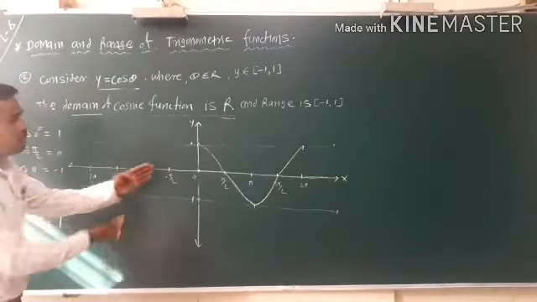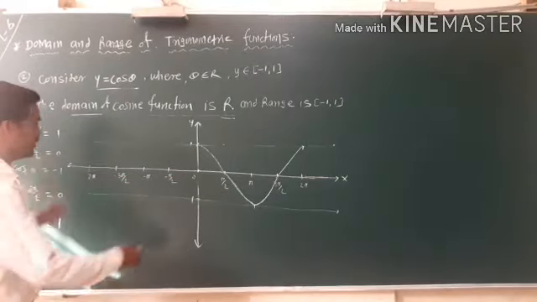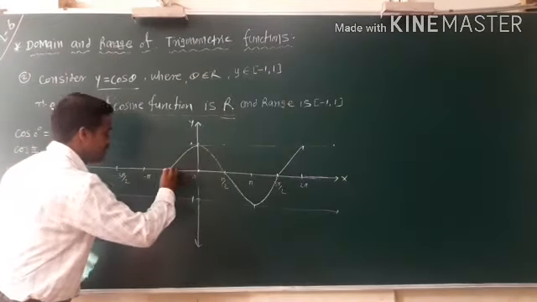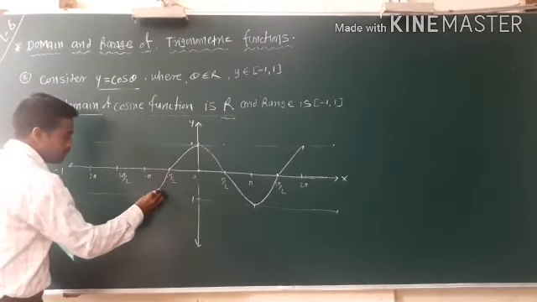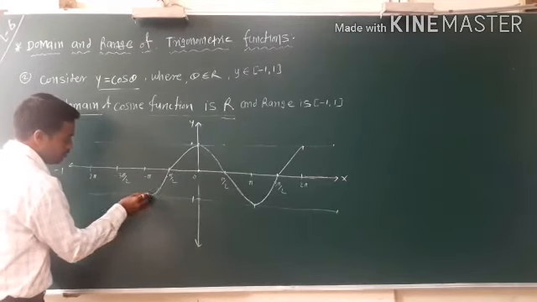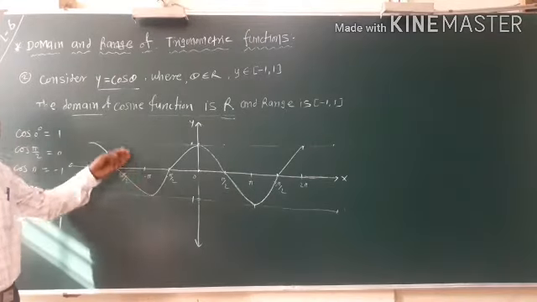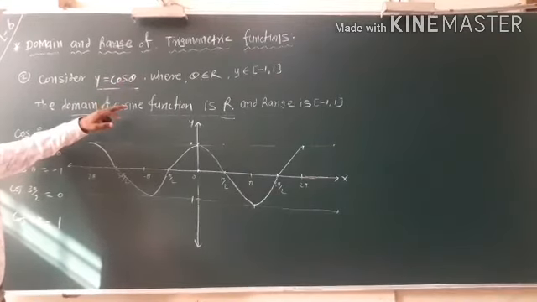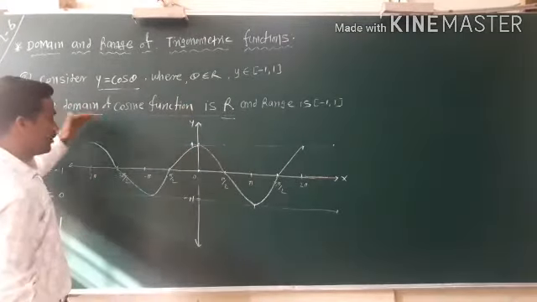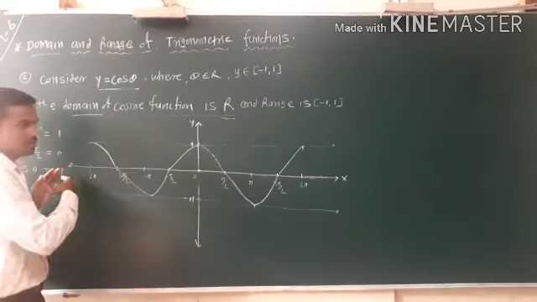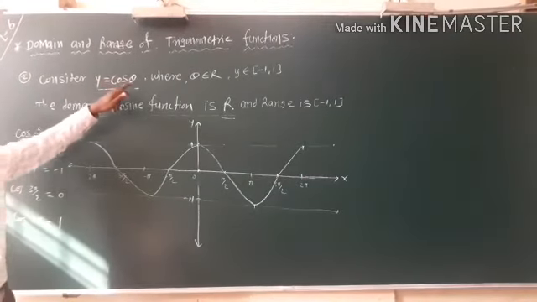Similarly, draw this graph on the negative side. Sin minus pi by 2 is here, 0, sin minus pi here, the next step is -1, so the next, 3 by 2 this way, and sin 2 pi. Okay, this is the graph of the function y equal to cos theta. The range is -1 to 1 and the domain of the cosine function is all of R. Okay, so this is the graph of the second point, y equal to cos theta.